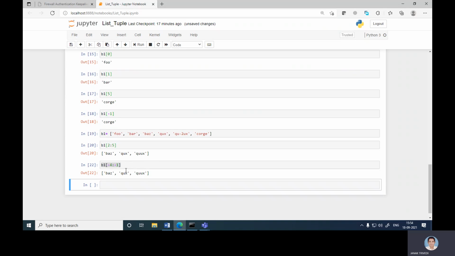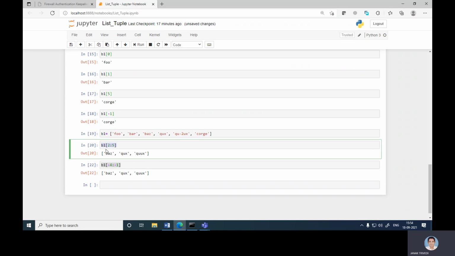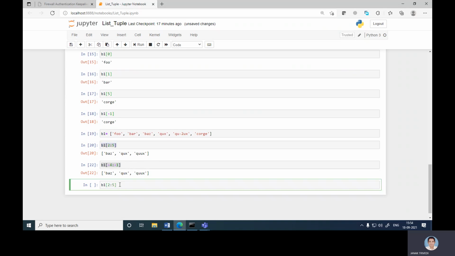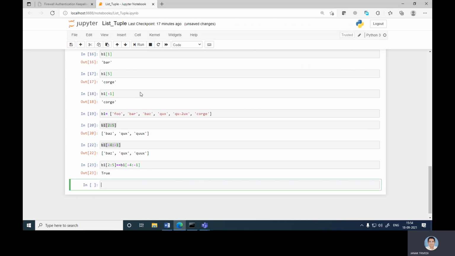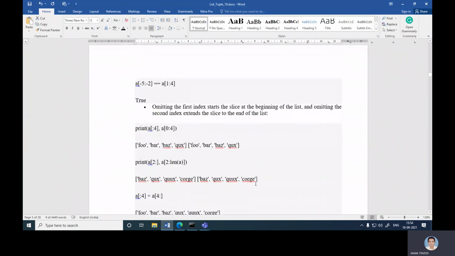Now you can see both the values are the same. So you can also check with this condition, b[2:5] equals b[-4:], so it is the same because both are the same. Okay, so it is true.